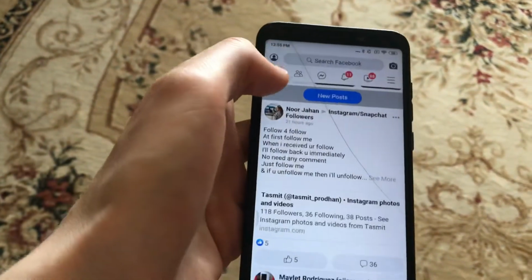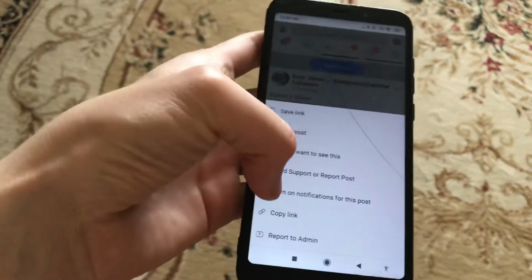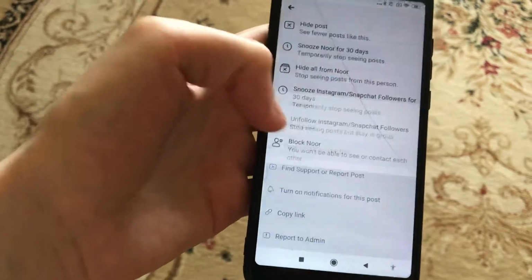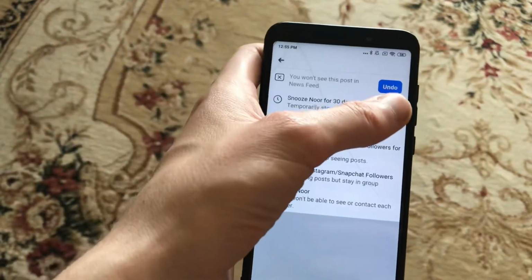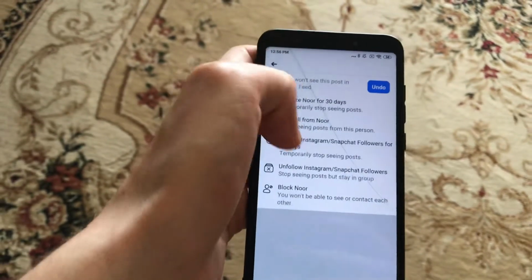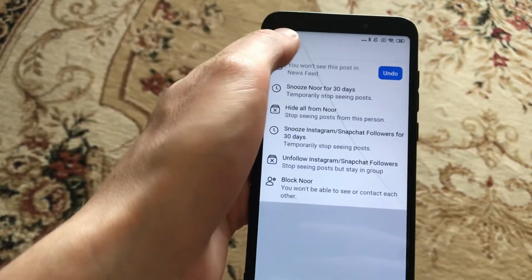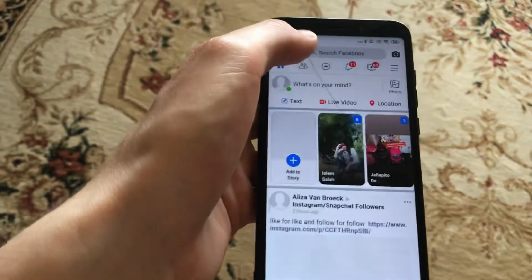this user." So we will choose, for example, hide post, as I did previously, and also you can just click undo and you will cancel this hiding. So this is how it